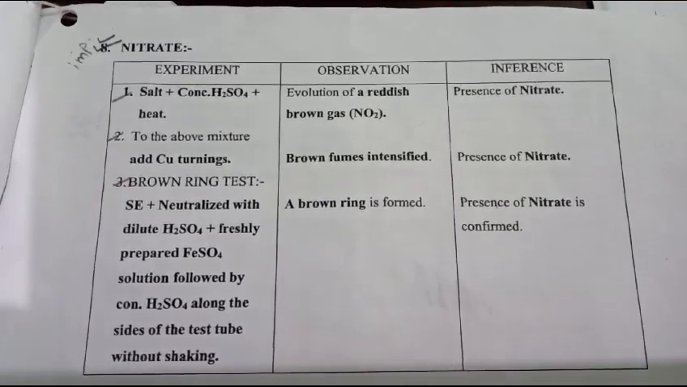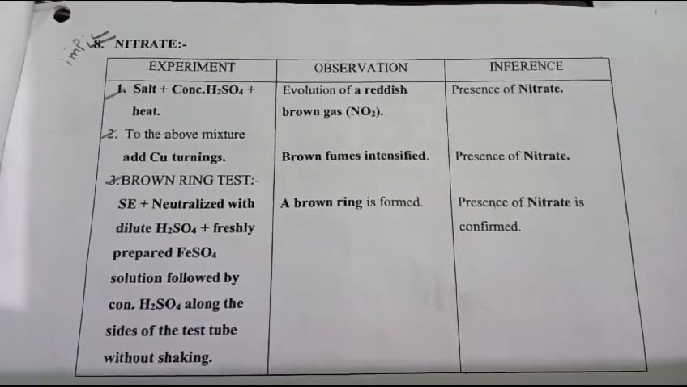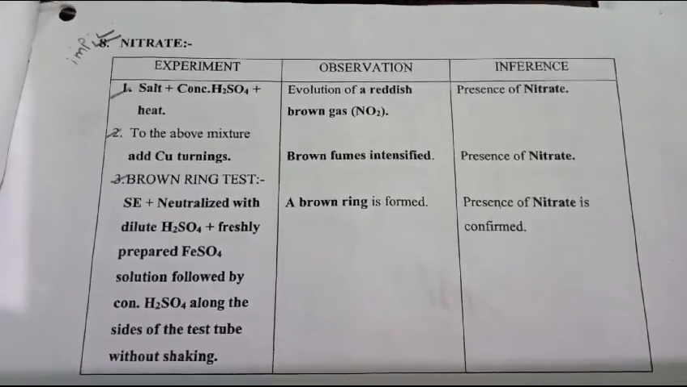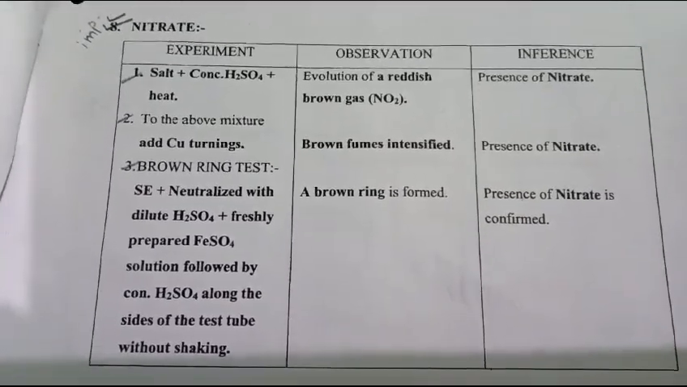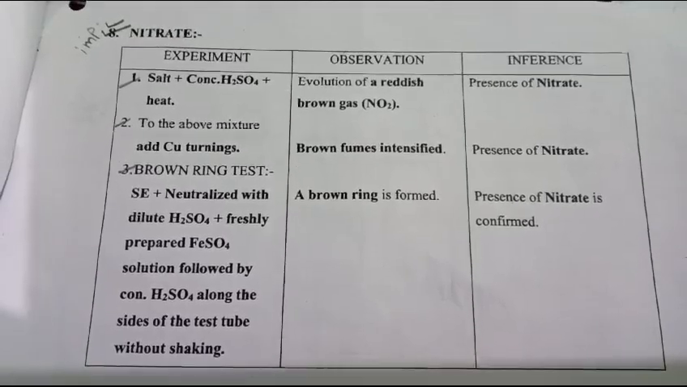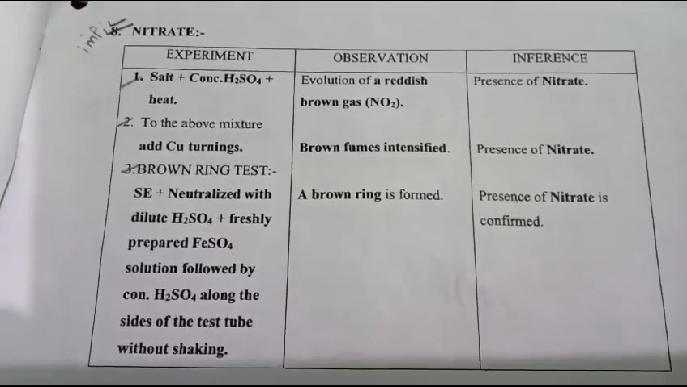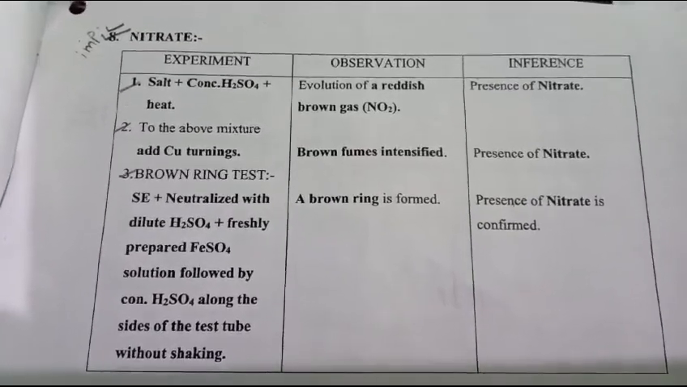And then to the same mixture, that means salt plus concentrated H2SO4 which you have heated, add copper turnings. You will find brown fumes, which are very dark in color. It is intensified. The presence of nitrate is there. Then for another confirmation, you take